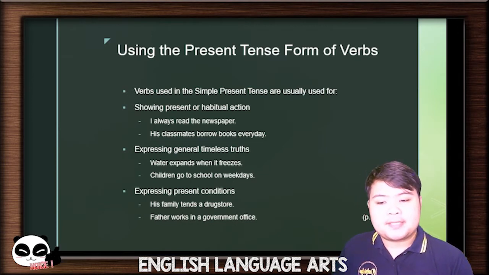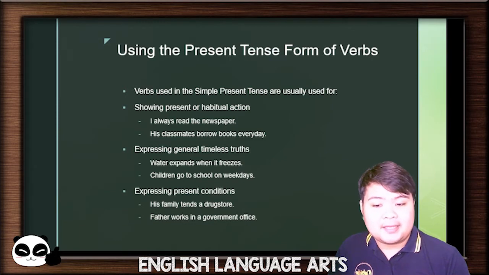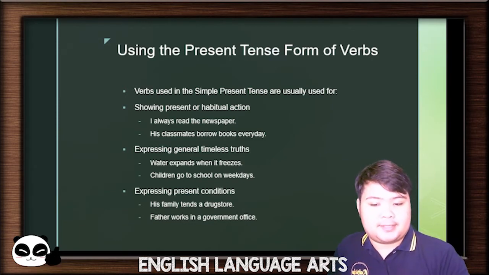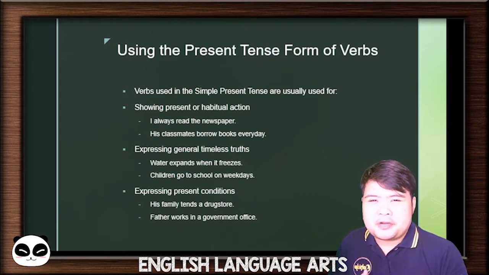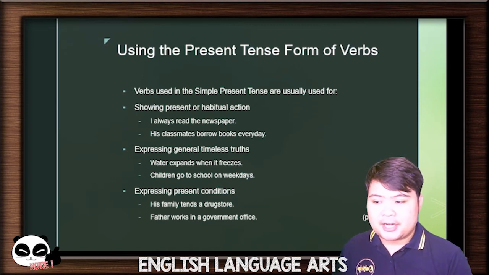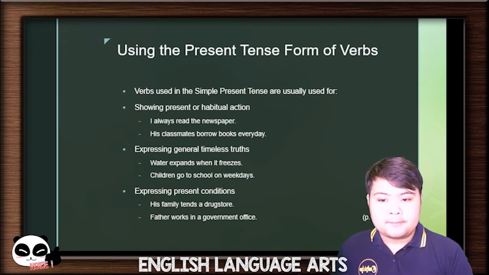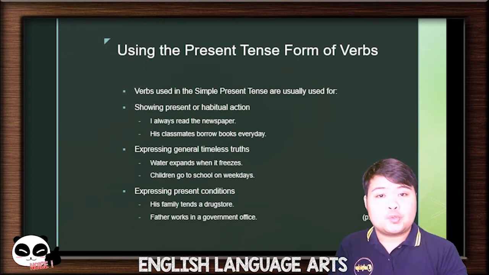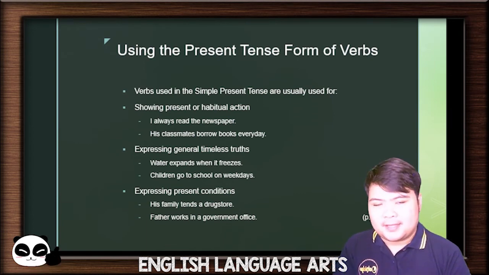And then expressing present conditions. So for expressing present conditions, you have his family tends a drugstore. His father works in a government office. This is present right now. Right now, this is what's happening. This is the current condition right now. Okay, and these are your different ways or different times wherein you use the simple present